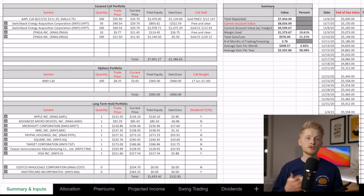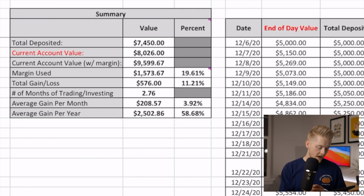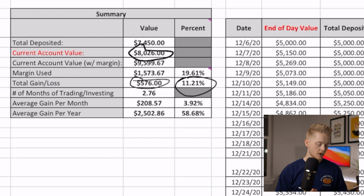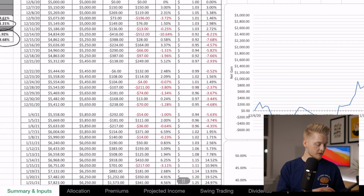So I'm just gonna jump straight into my spreadsheet here, and as far as my brokerage, I have stuck with Robinhood for the time being, so I'm still trying to make an official decision on whether or not I want to switch. So we can see that my current account value is sitting at $8,026, which represents a gain of $576. And in percentage terms, that's an 11.21% money weighted return, which represents a gain of 3.9% per month and about 58.7% per year. So I am still up overall, but if we scroll over to my chart here, we